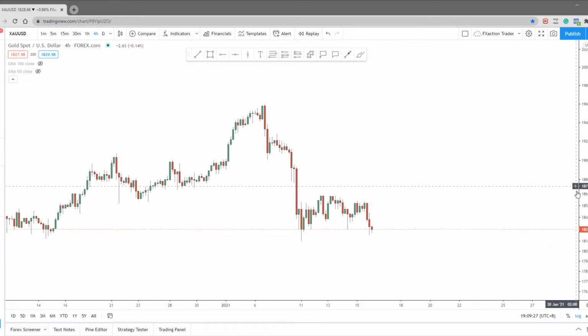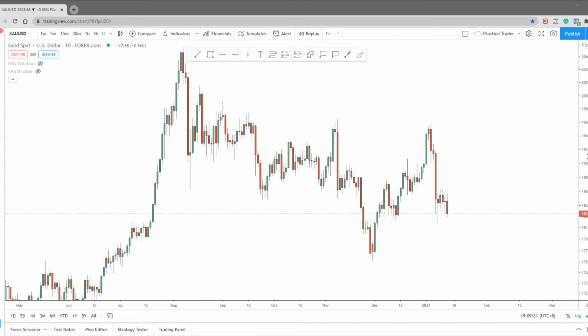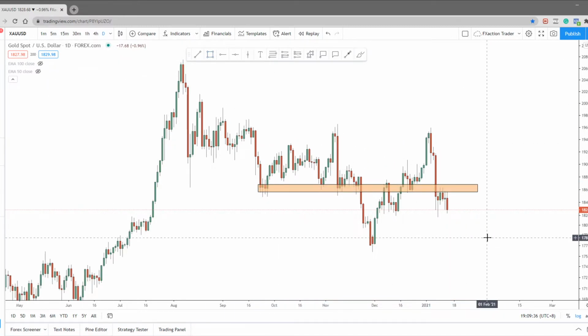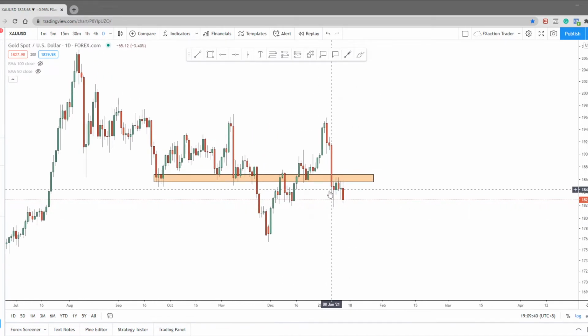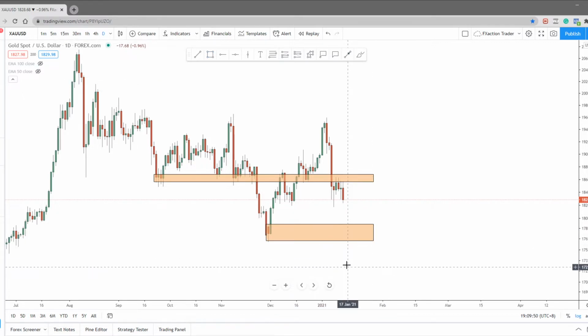So on gold, on the daily chart, there is a break of this support level. Market has retested this support level for quite some time, and we can see that the next demand zone, the next fresh zone, is actually here. If we base it on the daily chart, it's about